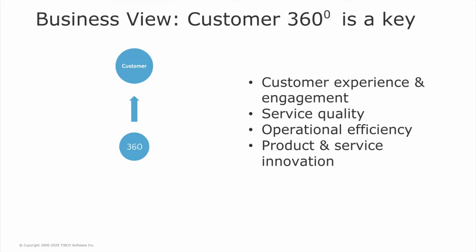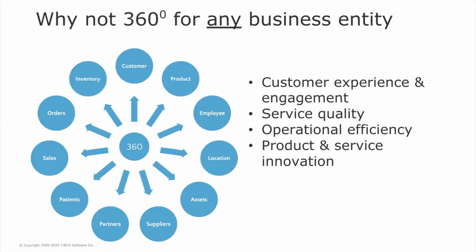But the thing about it is when you think about the pattern, the question is, are you really talking about a customer 360 or even a party 360? Or maybe are we thinking about 360 for anything? I mean, can we use the same architectural pattern to not only deal with 360 on those parties that may be customers or employees or suppliers or contacts, but can we use that same architecture to look at 360 for customers, products, suppliers, partners, patients and sales, locations, reference data? And what we would argue at TIBCO is the answer is yes.